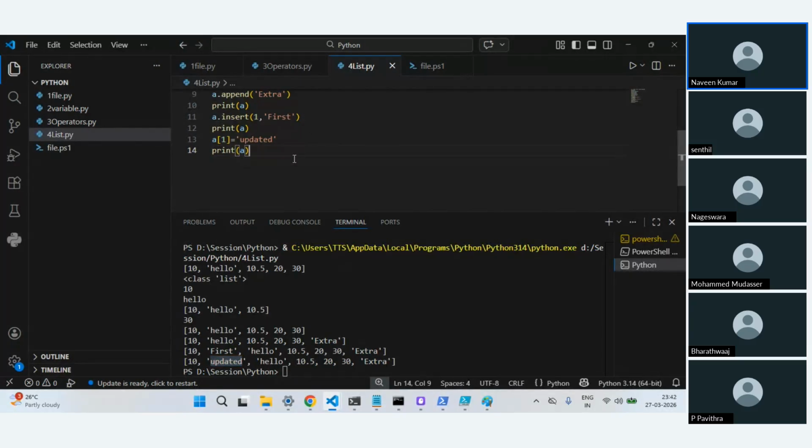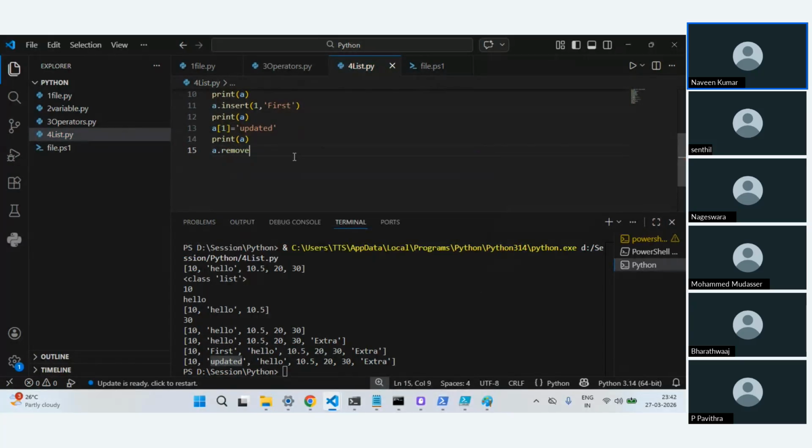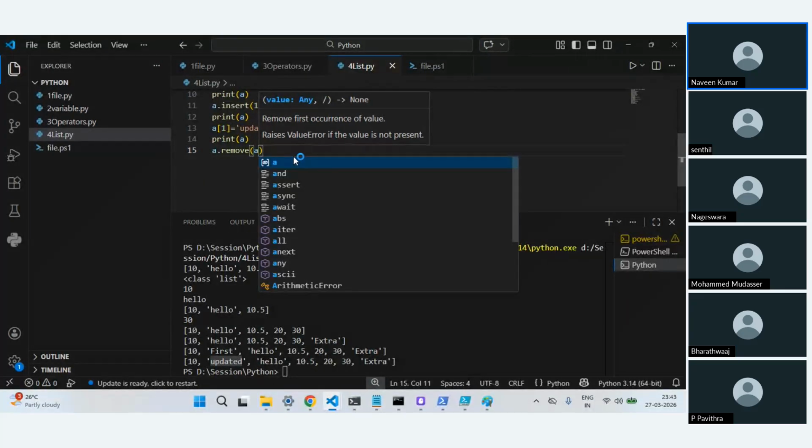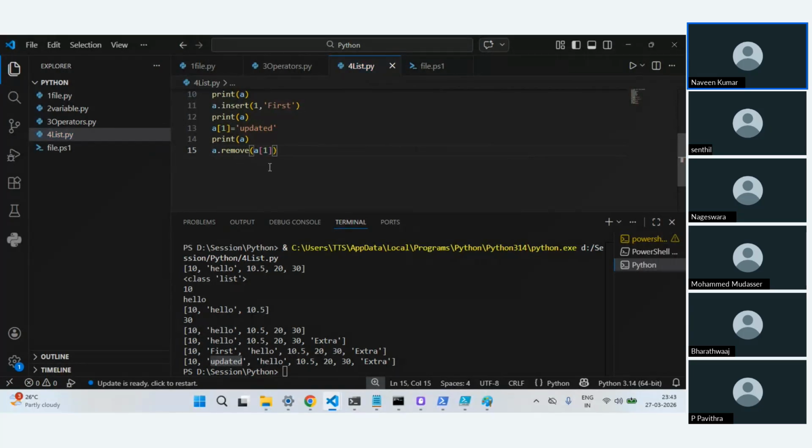And the last thing, let's say if you want to remove something. Let's say I want to remove the updated value. What I can do is there is a separate function called remove, and I'll say which one I want to remove. I'll just say I want to remove the first element.